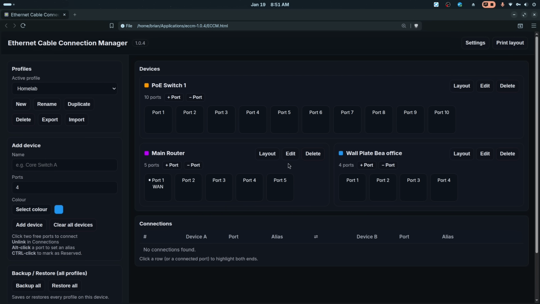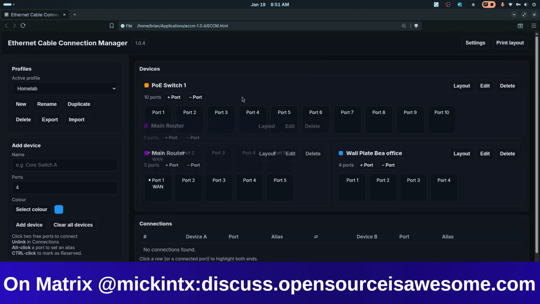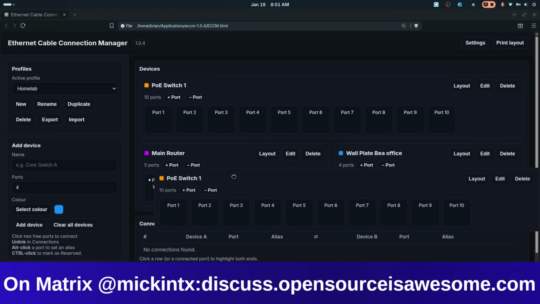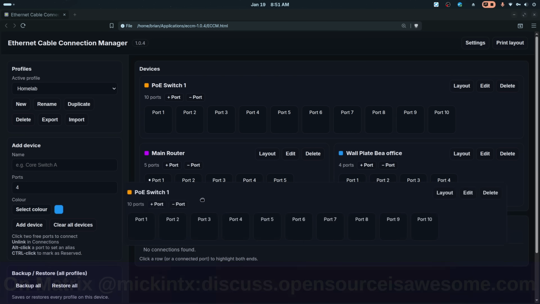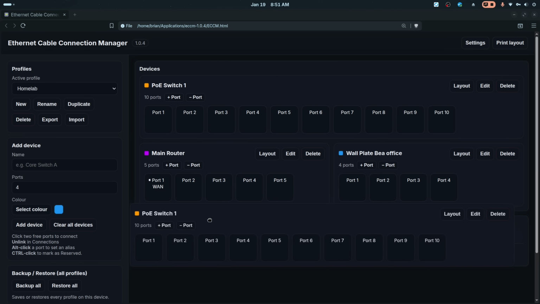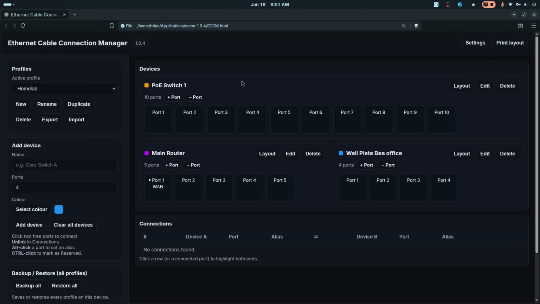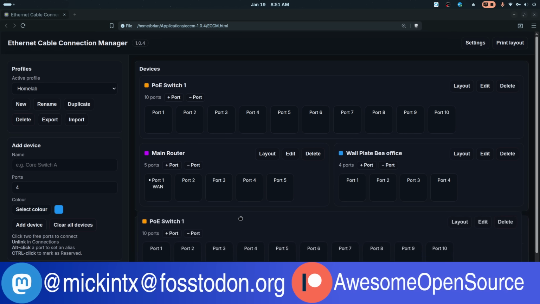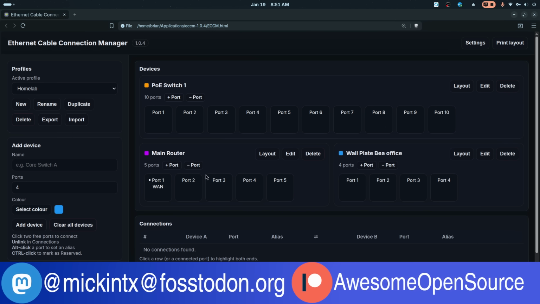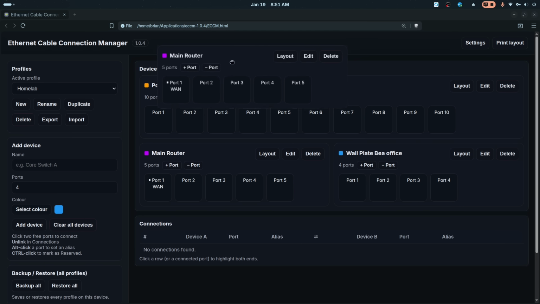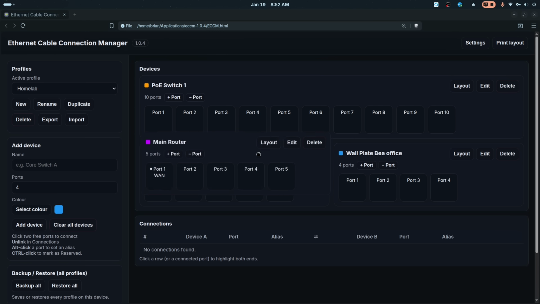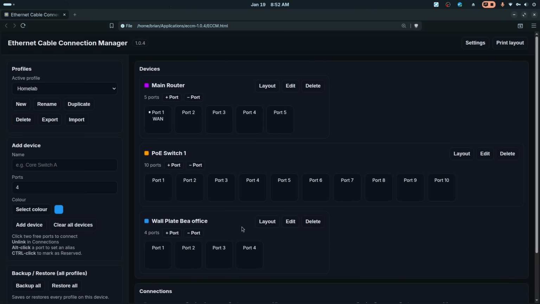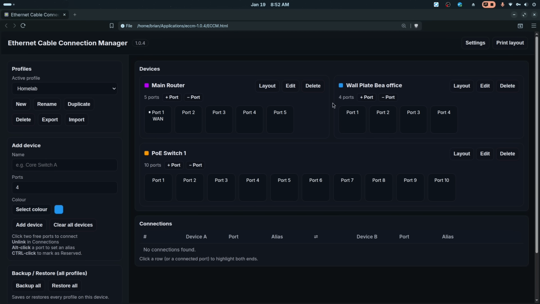Oh, I did. I moved down my main router. So if I move my main router back, if I move this down, maybe I can move it. It's a little trickier to move than you'd think, but it does move if you do it right. There we go. Move that one up, move this one up. Oh, there we go. So you still got my main router, and it automatically put this right next to it